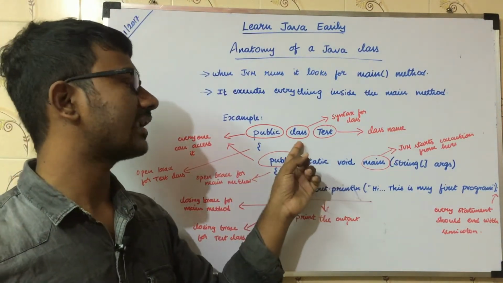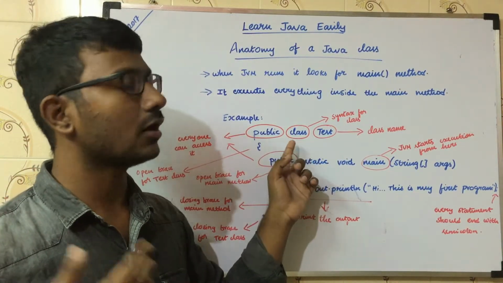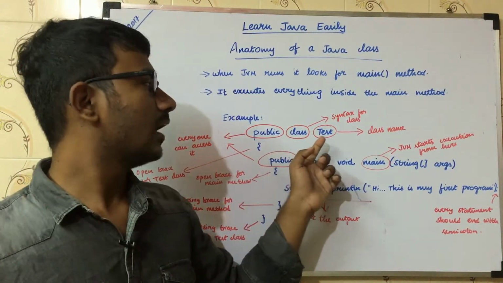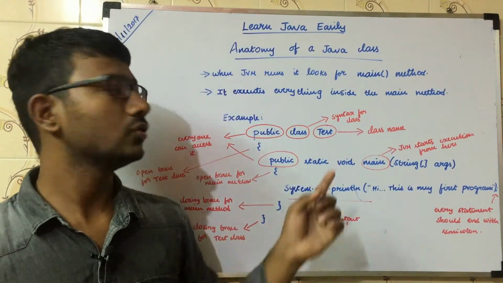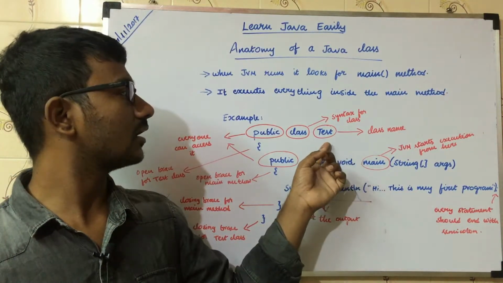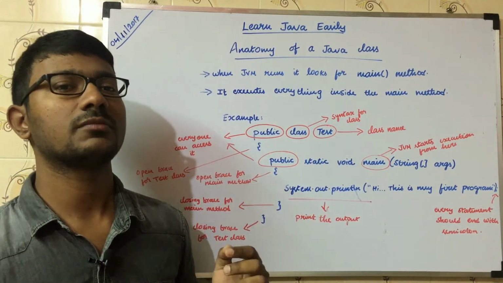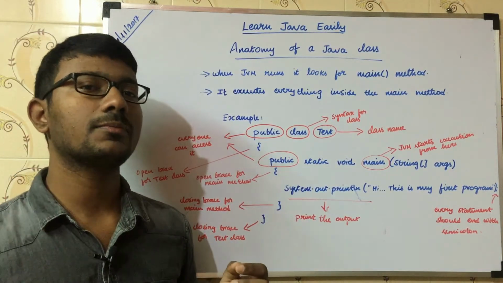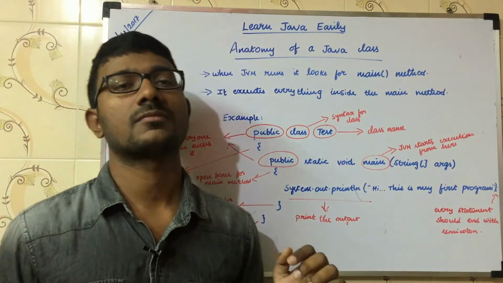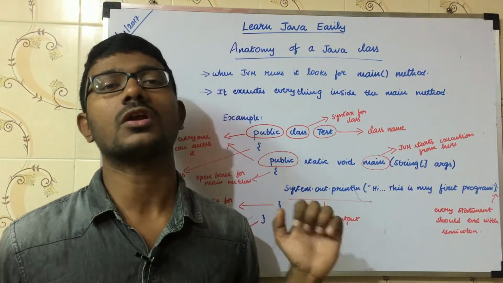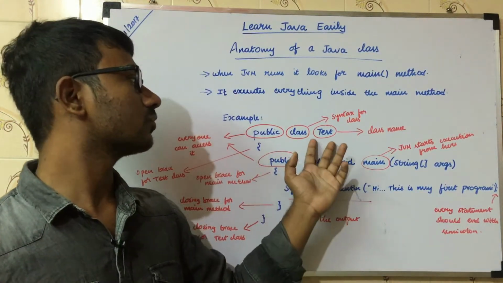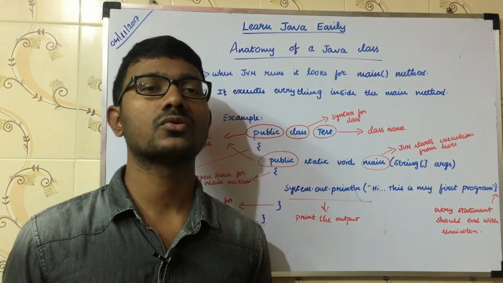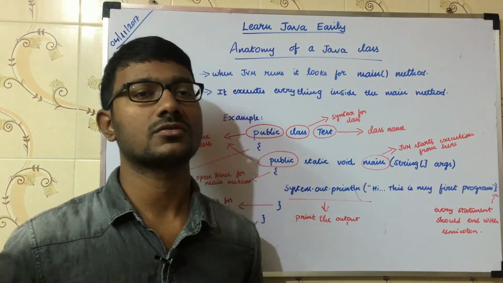And then class test. This class is a syntactical keyword. You can't modify this name. Test is a class name. You can keep any name. I have kept it as test. You can keep it as Rakesh, or hello, or your name also. The class name is an identifier. You can keep any name, but you need to maintain some naming convention. It is recommended, but it's not mandatory. Most developers prefer the first letter as a capital letter. We'll talk more about those things in the upcoming naming convention videos.